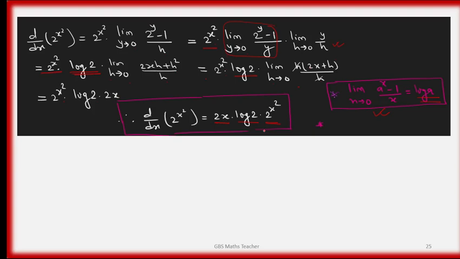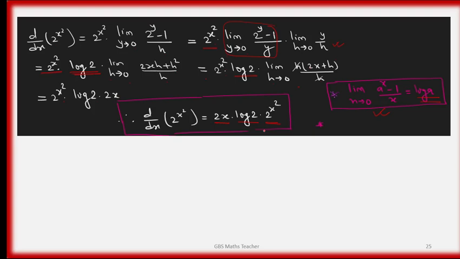Next question is find the derivative from first principle of sine x square. f of x is sine x square, f of x plus h is sine (x plus h) whole square. No doubt we can suppose the derivative of f of x is limit h tends to 0 of f of x plus h minus f of x by h. Limit h tends to 0, this is f of x plus h, this is f of x, by h. No doubt in this step.